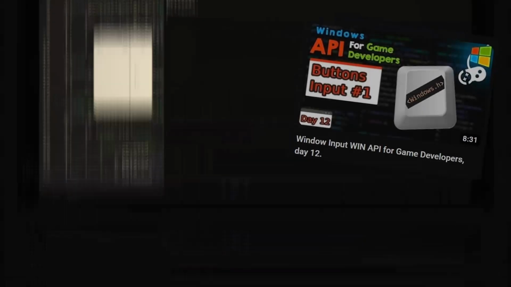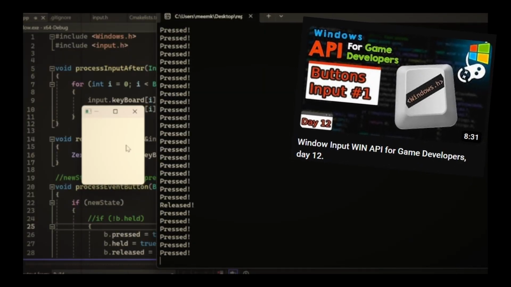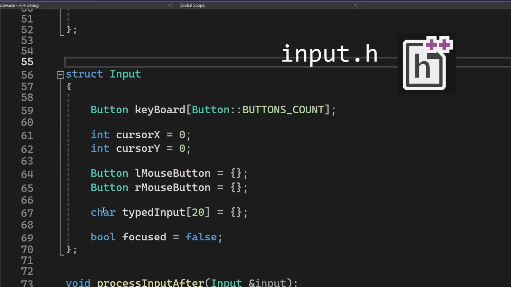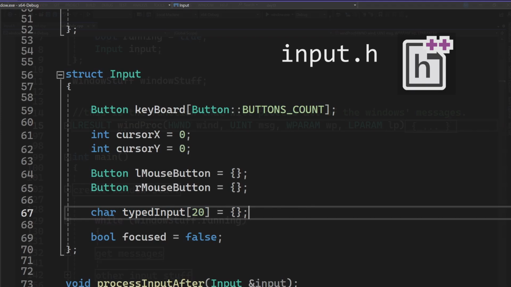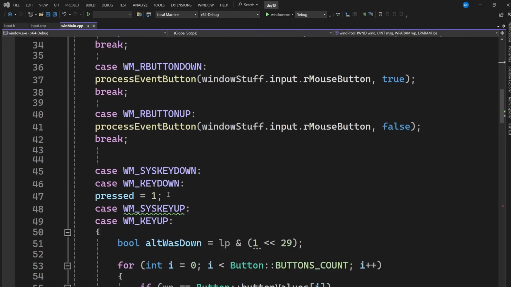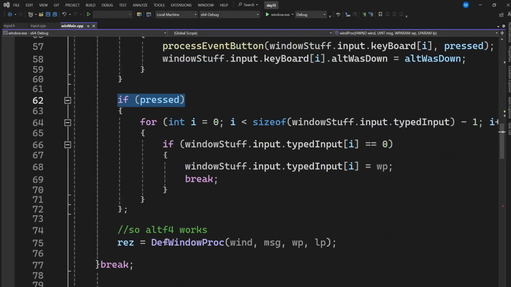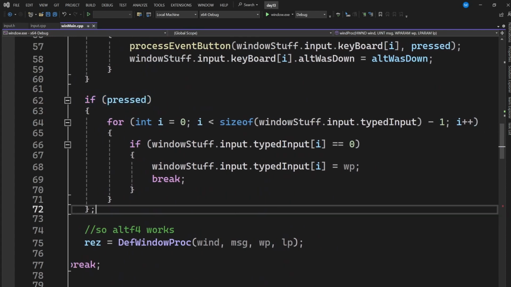If you remember from the last video, the events that we get behave like that, except that they don't tell you if you are holding the shift key. So we will take care of that ourselves. So I'll add the char array in the input structure. This will be a null terminated string of letters that are typed by the user each frame. Next we'll just grab the letters here. We will just ignore the letters that overflow our string's buffer. But that's okay in my opinion. I don't think anyone would press 20 keys at a time and expect the program to make much sense of that. Don't forget to set the last letter to 0, so we have a null terminated string.